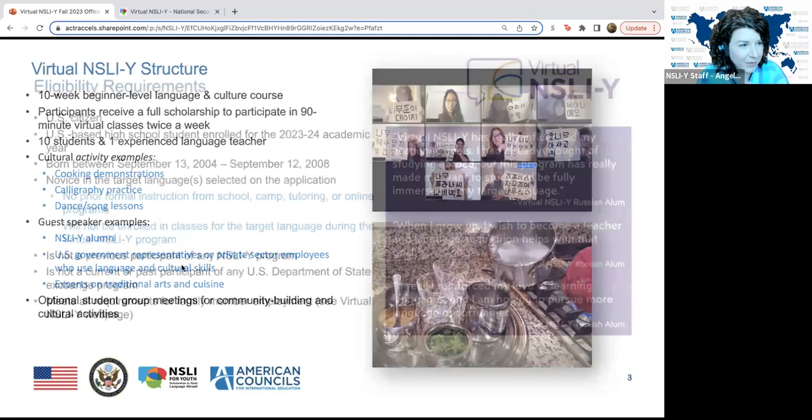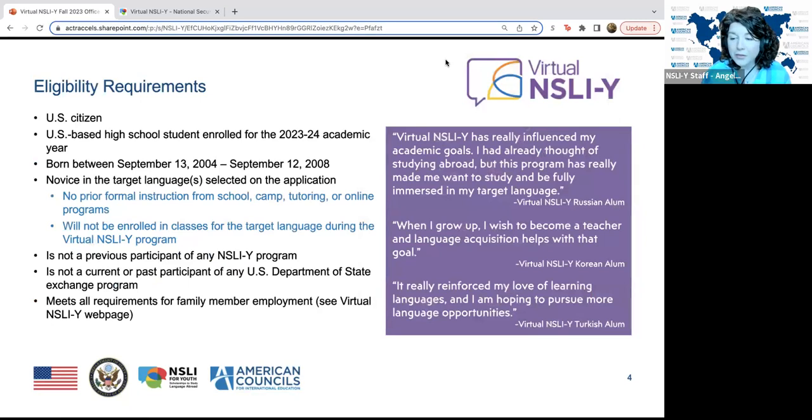All right. So I won't spend too much time on eligibility requirements because we do have this information on our website, and we also have a webinar on YouTube that goes into a lot more detail about eligibility and the application requirements. But just briefly, here's a quick overview on this slide of the requirements, and do check out our website for class schedule options, participation requirements, and the student agreement. All of that is available on our website, which we will provide the link to at the end of this presentation.